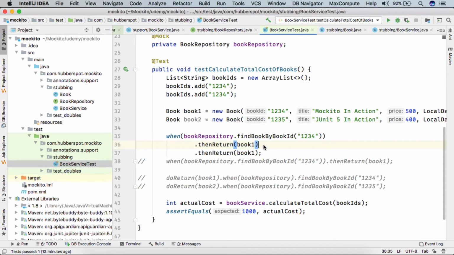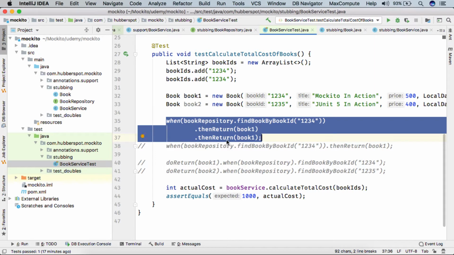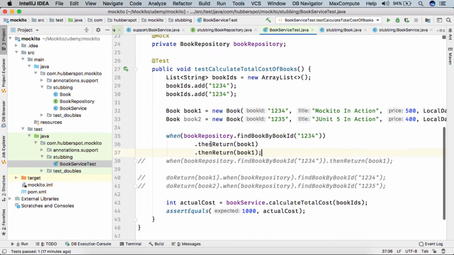In our previous lecture we saw how we can stub consecutive calls to the same method in Mockito. Sometimes our class under test has one method which calls, let's say, a void method in the book repository class. So what are we going to do with this void method, because we are not returning anything? In case of a void method, we can't use when and then return because we can't return anything from a void method. In that case, stubbing of a void method is performed in a different way. So let's see it via an example.